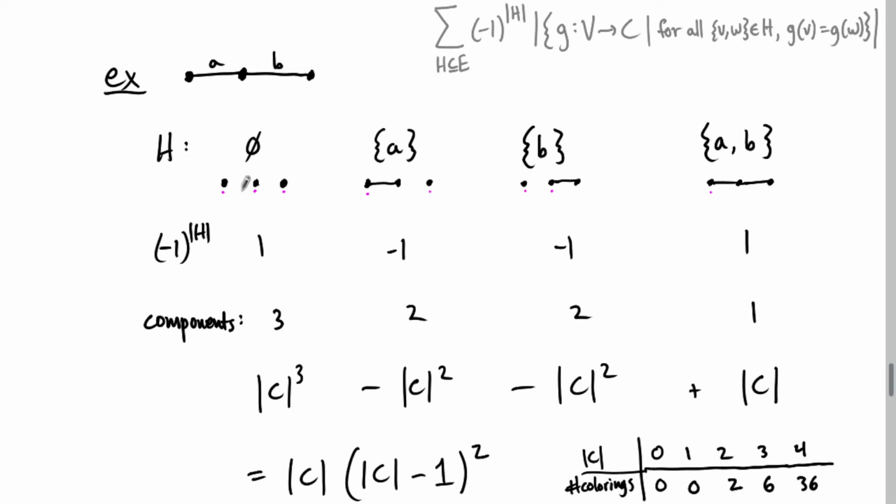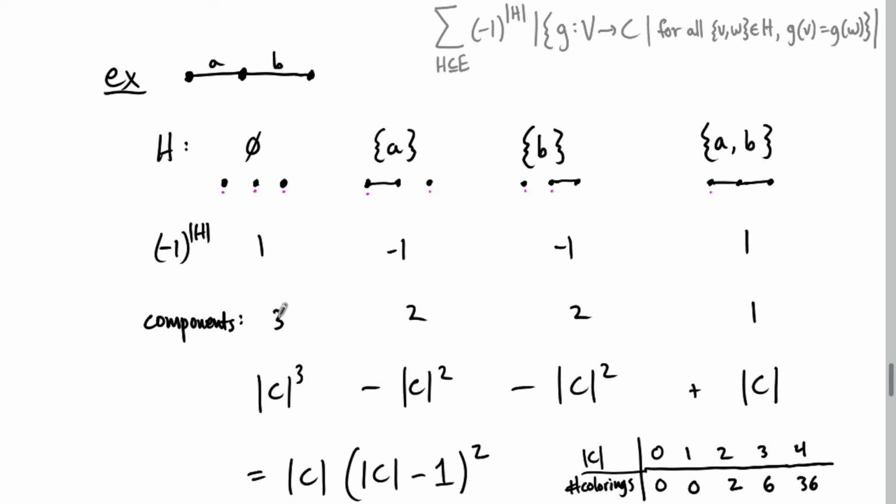So another word for these regions that I'm trying to count are components, which are all the vertices that are transitively connected to each other, like each independent region of those. So 3 components, 2 components, 2 components, 1 component. And then, to count the number of colorings, in each of these cardinalities, we can take the number